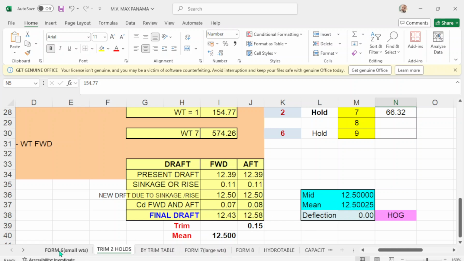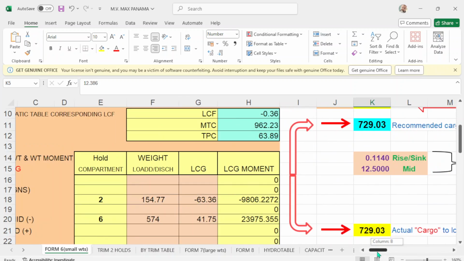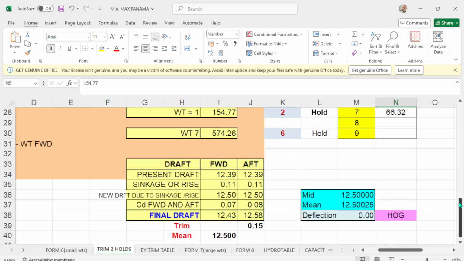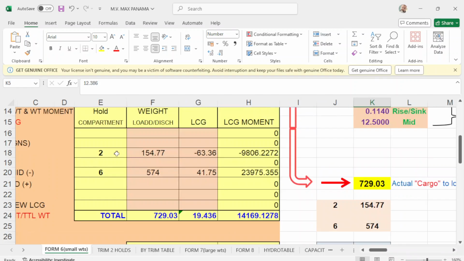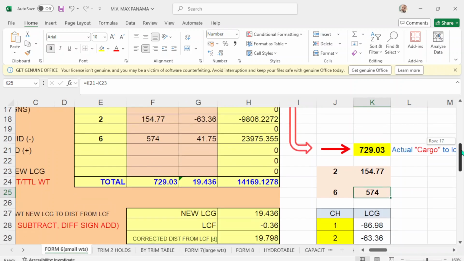You go to hold form 6, scroll down a little bit, and hold number 2, you load 154.77, number 2, 154.77, there you are. Then number 6, 574, number 6 is 574.